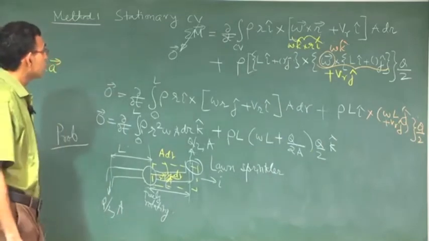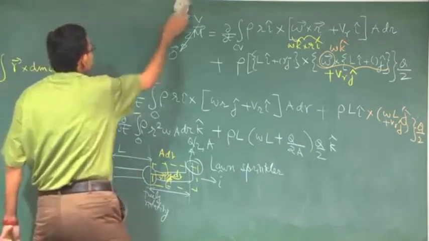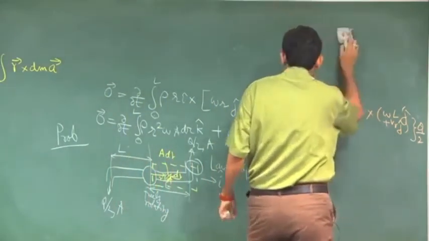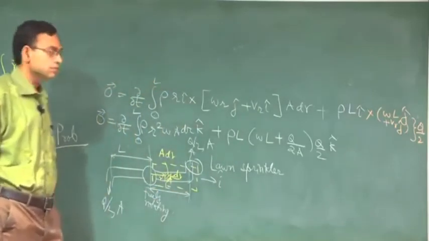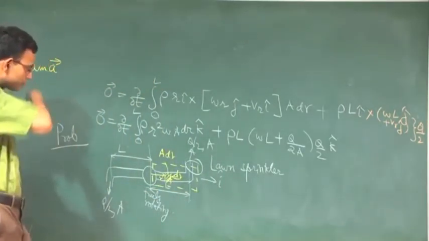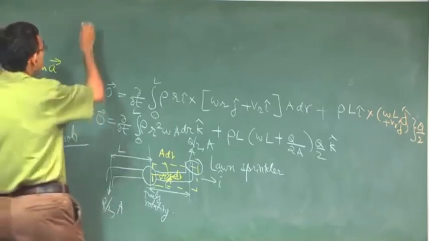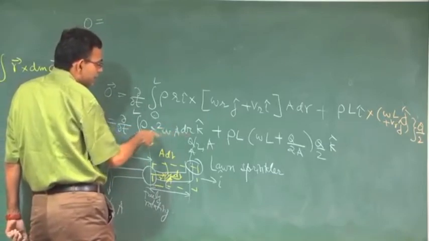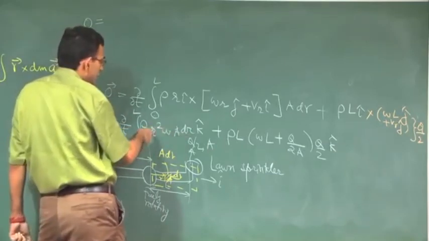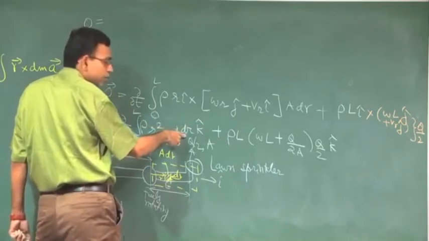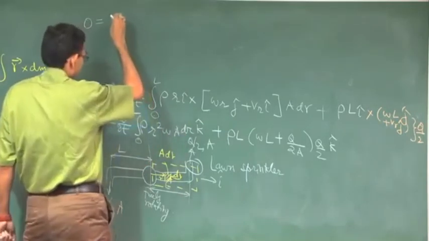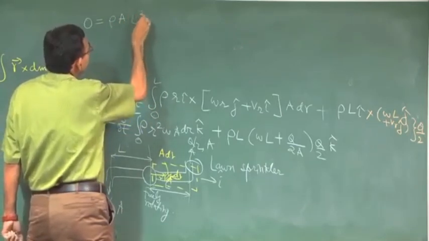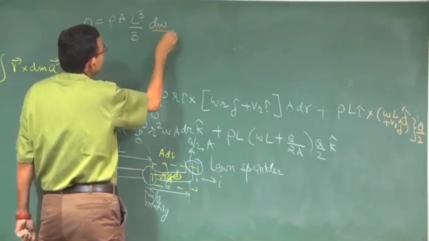Right. So you are left with a differential equation which is 0. Here what changes with time? Only omega, right, and r square dr from 0 to L is L cube by 3. So rho a L cube by 3 d omega dt